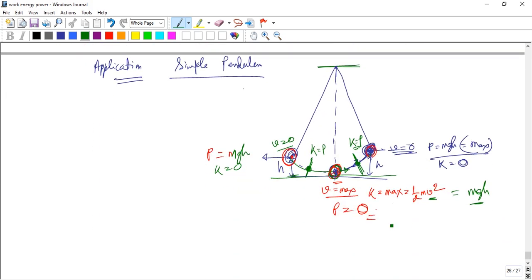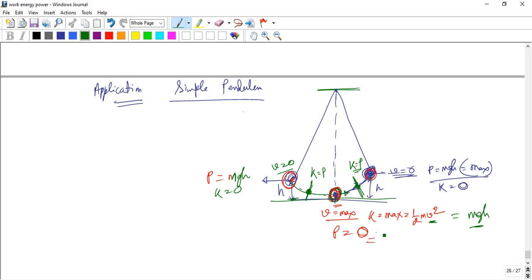The main important part here is that the total energy is fixed, that means conserved, some fixed value. Energy changes form, potential to kinetic, kinetic to potential, but the total energy is a fixed value, which means the principle of conservation of energy. Very easy. So today I can end the class here.